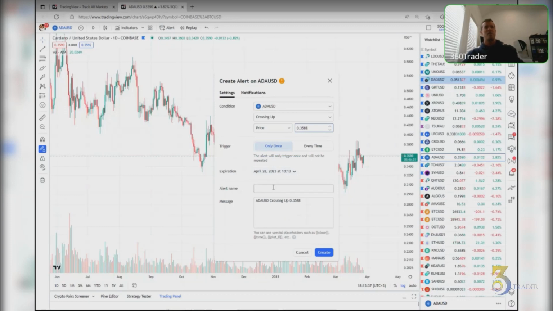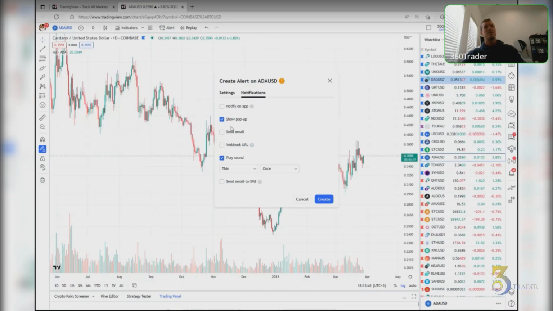You can say Cardano alert, and then you can go to your notifications here and indicate how you want to be alerted. You can even hit send an email to SMS. Otherwise, you can do it from your app. It'll give you an app notification on your phone when that price hits. Like you have my trades, and you want to know when that triggers because you didn't post that trade, or you just want to know if Bitcoin hits something during the day.